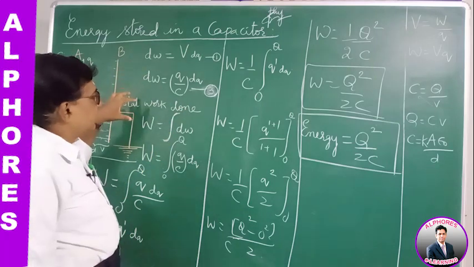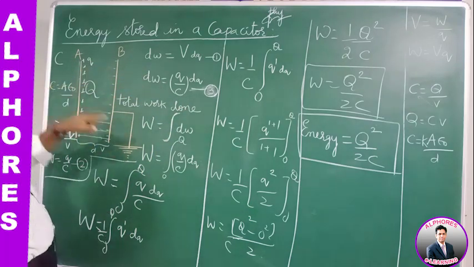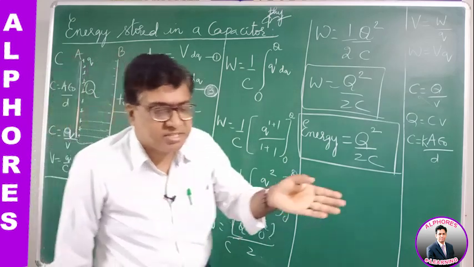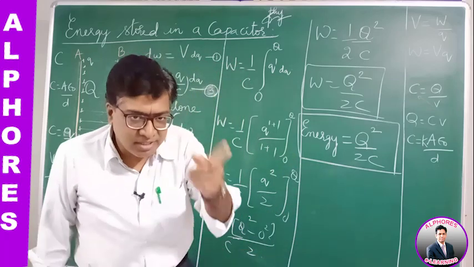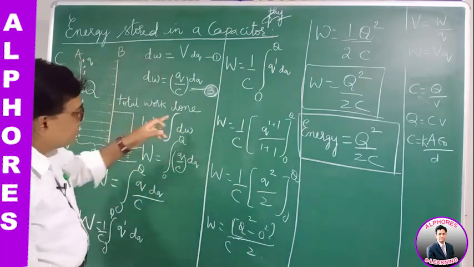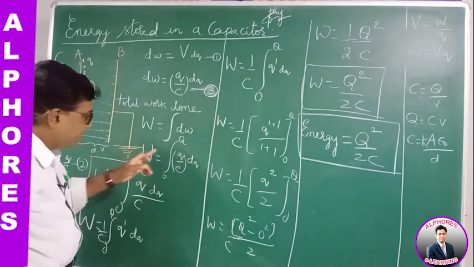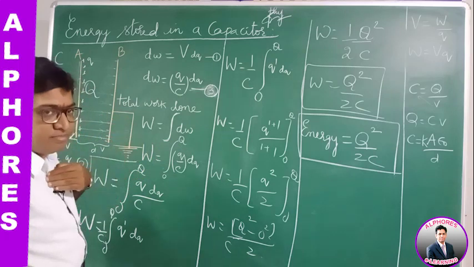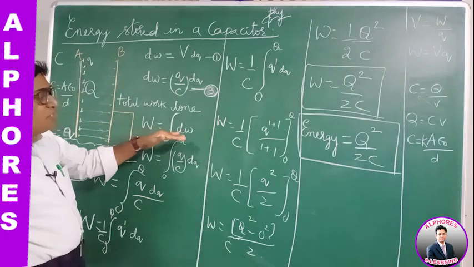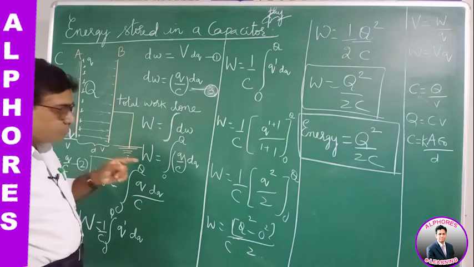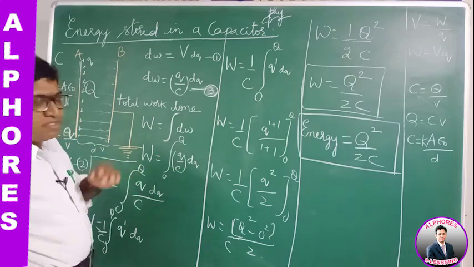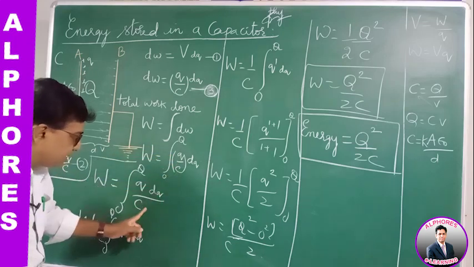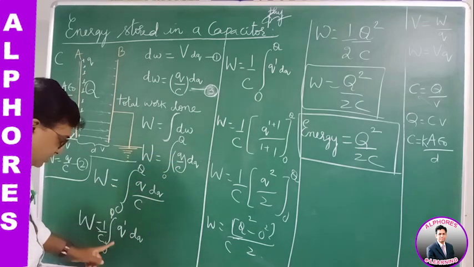So the total work done in storing the total charge from 0 to Q. According to mathematics, the total is the algebraic sum, sigma. You can put it in the infinitesimal terms as integral dW, which is the integration of q by C dq. The limits: I am increasing the charge from 0 to capital Q. So 0 to capital Q, q by C dq. But how do you perform the integration? C is a constant, so I am taking that constant out.